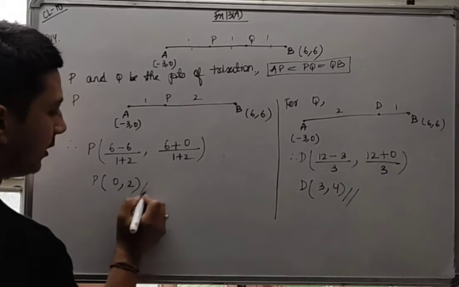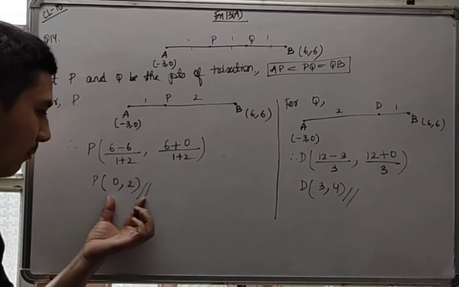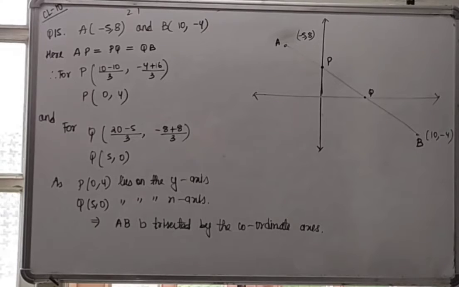So these are the coordinates of the points of trisection. So you'll write the points of trisection are (0, 2) and (3, 4) respectively. So please pause the video and note it down, boys. Alright boys, the next